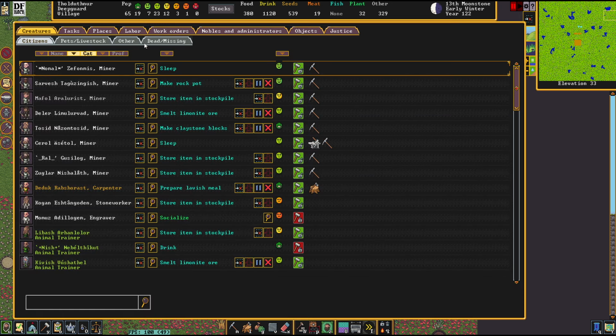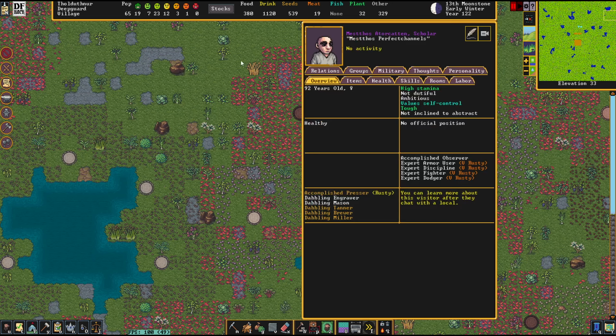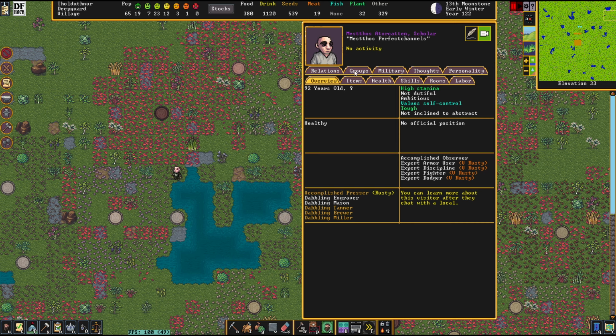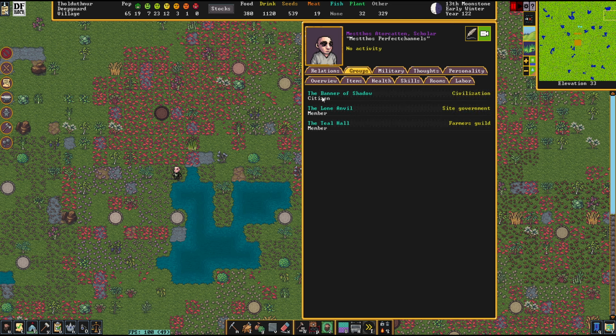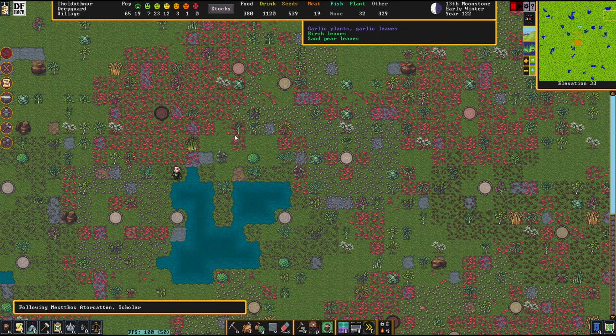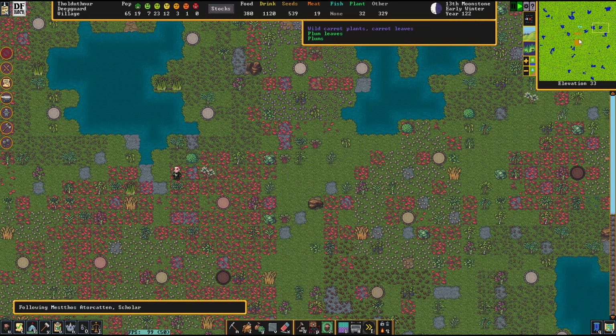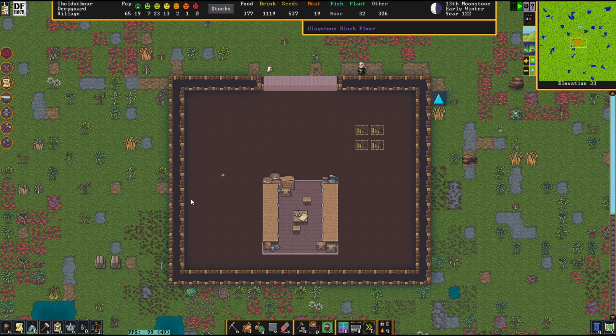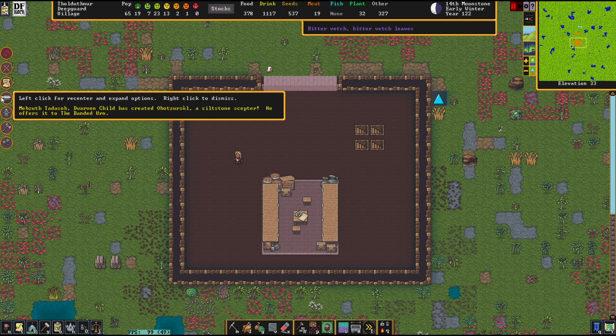So first up, let's check what scholar is visiting us. Mest Das Perfect channel. So I know that name vaguely. That's because he is a scholar from the Lone Anvil. Very familiar face. So we have previously set up a little bit of a box here to make ourselves safe, and